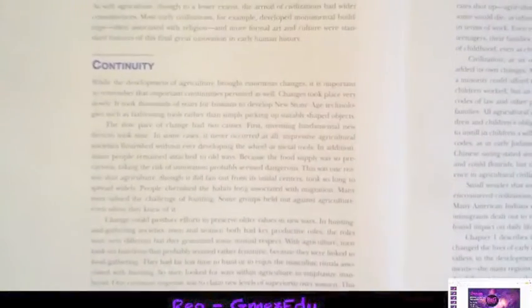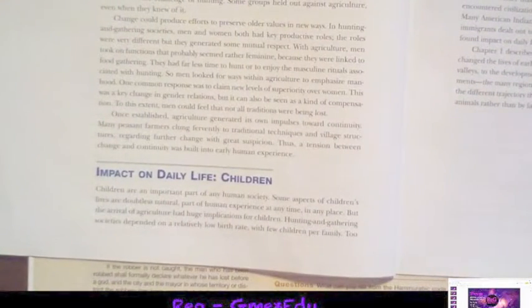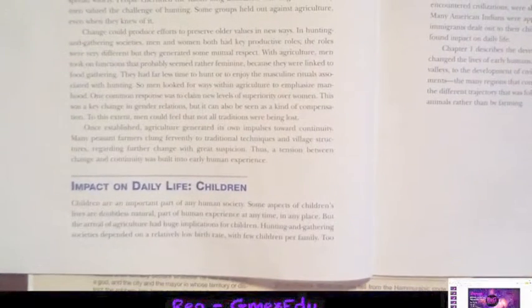Talks about continuity as well. And look at this. It also has a social kind of part of the introduction in terms of daily life and the impact on children. So good, maybe cross comparison. Maybe you can find a way, depending on the age group that you're teaching, in that way. So good stuff.